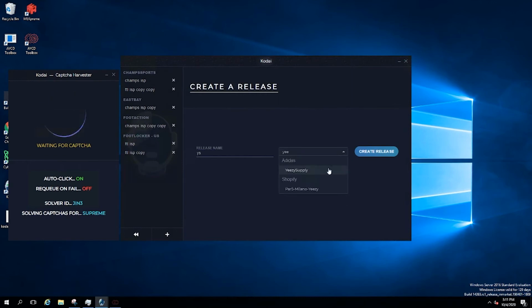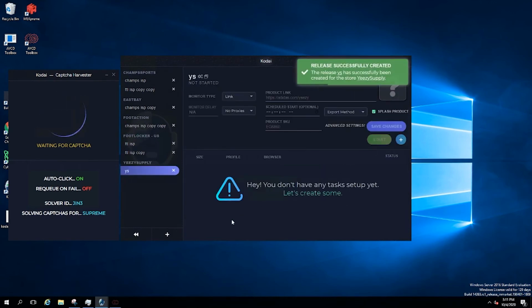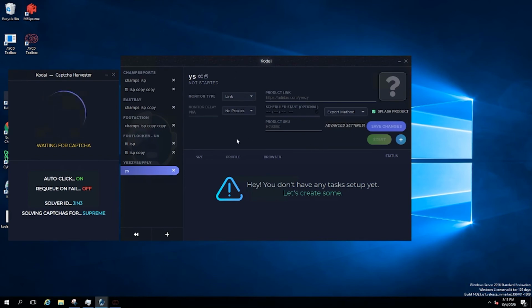Yeezy Supply on Kodai isn't exactly the best thing as of now. I do appreciate how they have Google reCAPTCHA v3 sharing, which means you don't need a Gmail. You just open up your captcha solver and Kodai gives you a 0.9 Gmail. So for this, you choose ISPDC, you put in your product link for the shoe, product SKU, export method, browser,